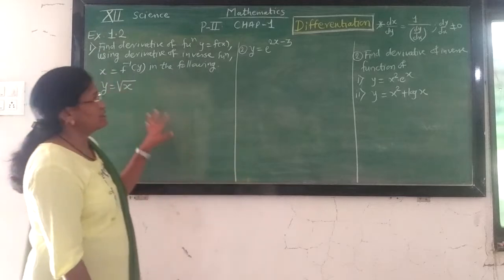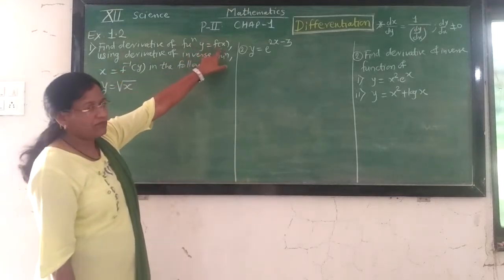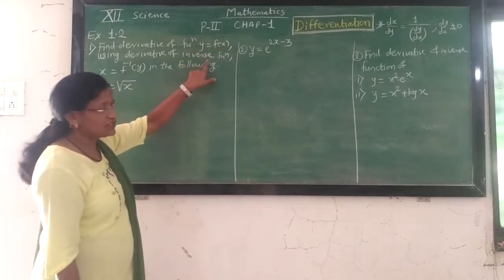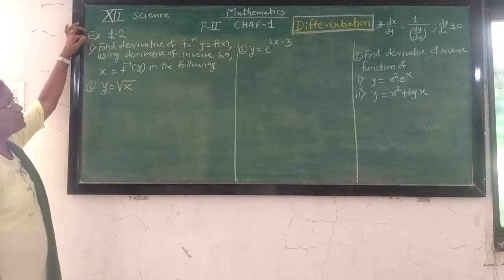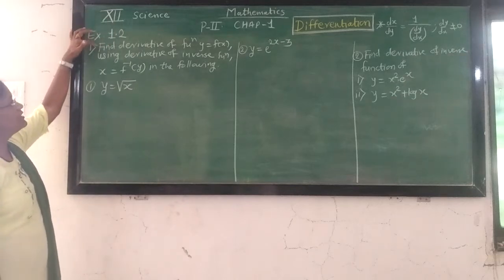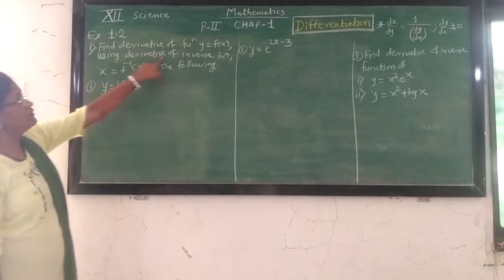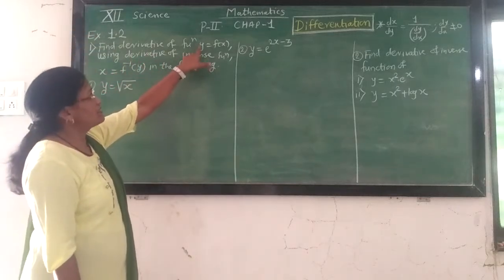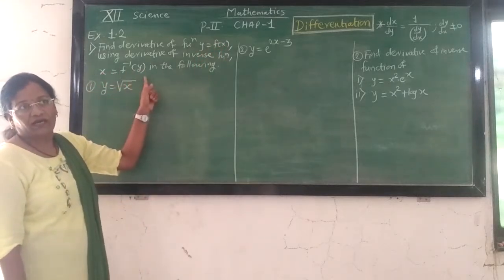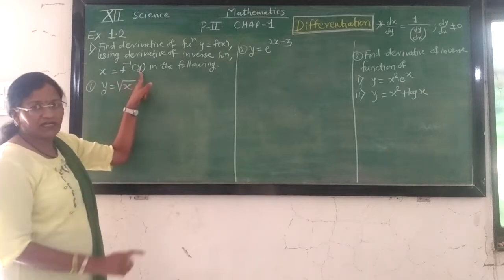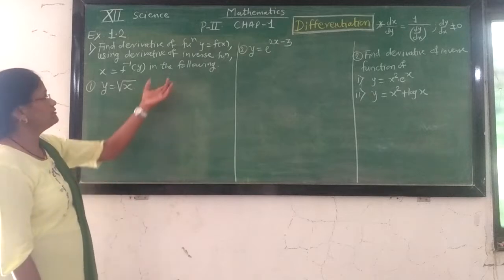But according to our exercise, the first examples use the function y equal to f(x), from which we find its inverse function and then find its derivative. So the first type gives the condition for finding the derivative: find the derivative of the function y equal to f(x) using the derivative of the inverse function. Means the function is y equal to f(x), then we find its inverse function in terms of x, that is x is equal to f inverse y. So differentiate this x with respect to y. Our work is to differentiate x with respect to y, means find dx by dy.